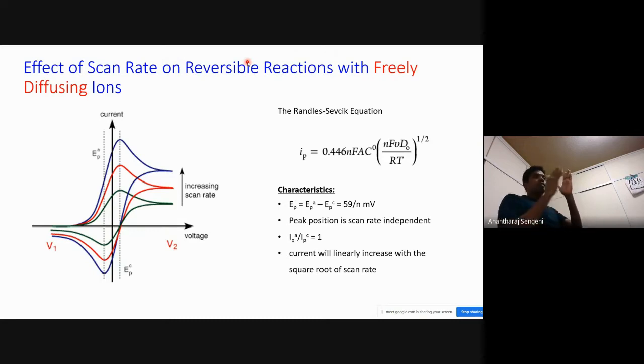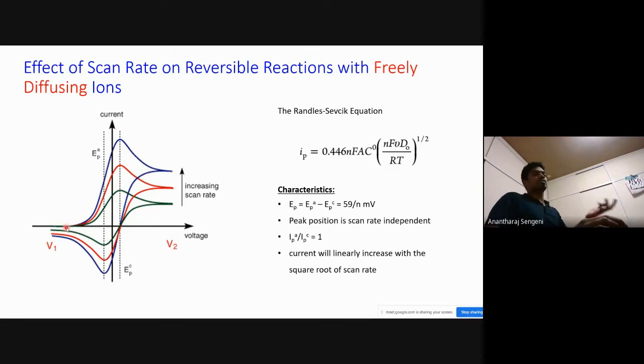If the electroactive species cannot penetrate through this solvent layer on the electrode surface, that kind of adsorption is known as non-specific adsorption, and electroactive species interacting in this manner with the electrode surface are called freely diffusing ions. Okay, so in such a case,